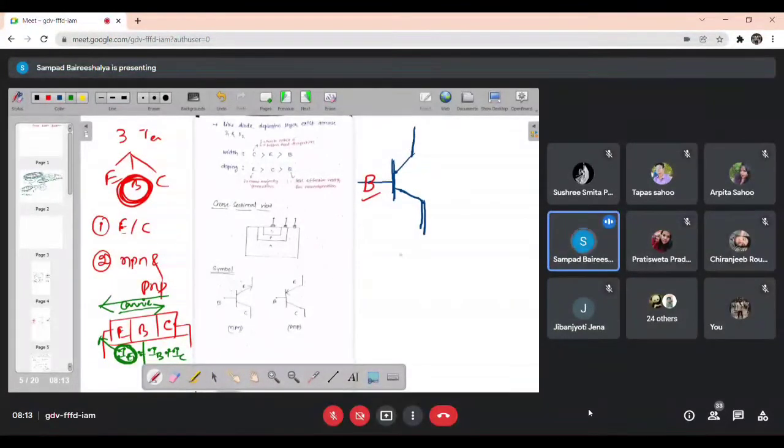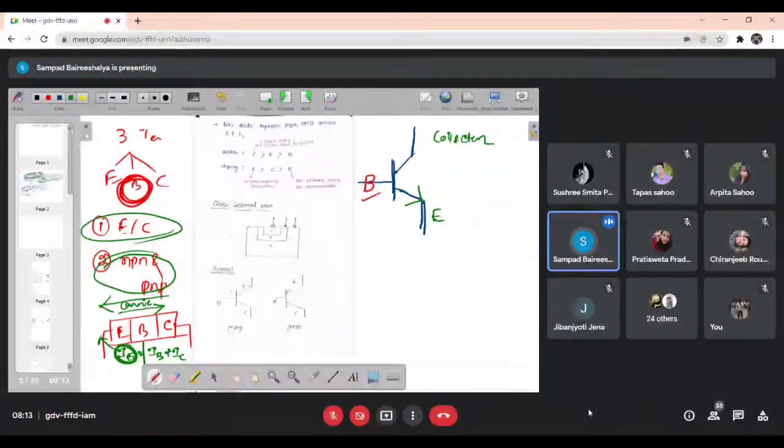So let's say I put your arrow mark over here. That means this is my emitter, 100%. This is my emitter, and the remaining one is collector. So my first confusion is over. And then come to the second confusion, whether it is NPN or PNP, because that is also one type of